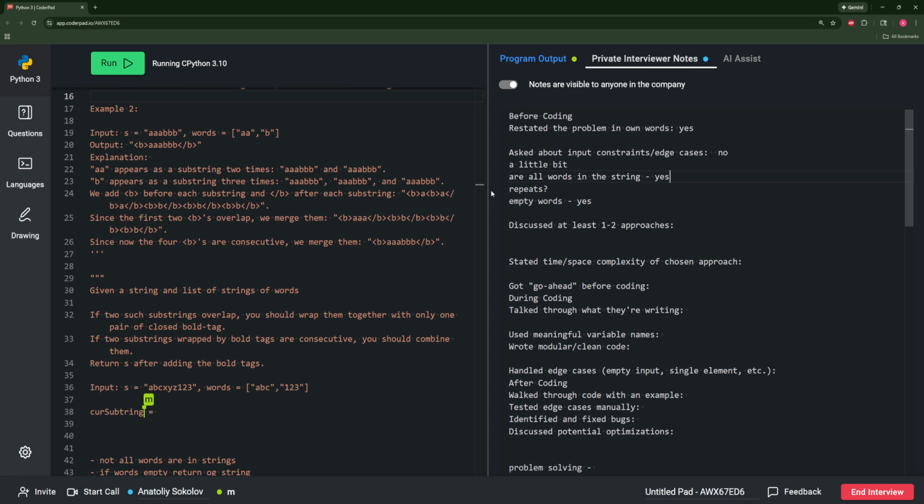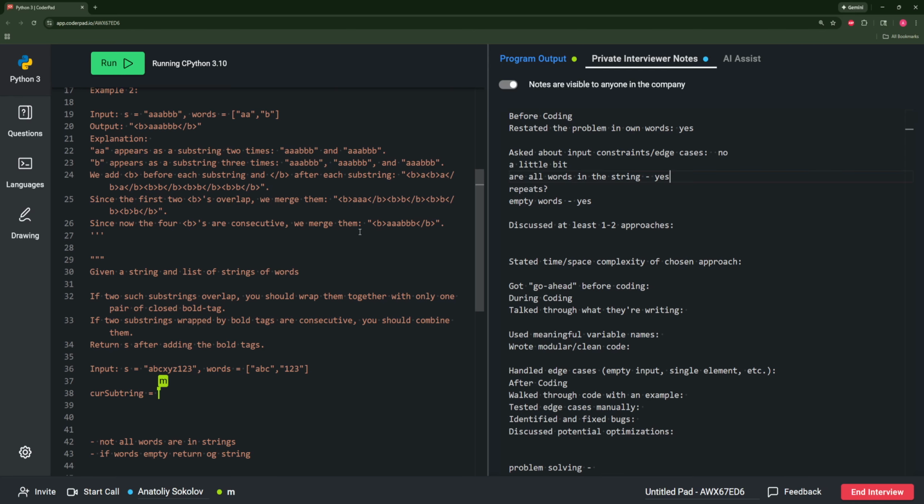Let's say we start at index 0, we get an 'a', and then we move on, and then we check if that's inside words. But to make that quicker, to check if that substring is in words, you'd have to iterate through the whole thing. So maybe turning this into a set, so we can do O(1) lookup time. So if we do, if 'a' is in words, then we would